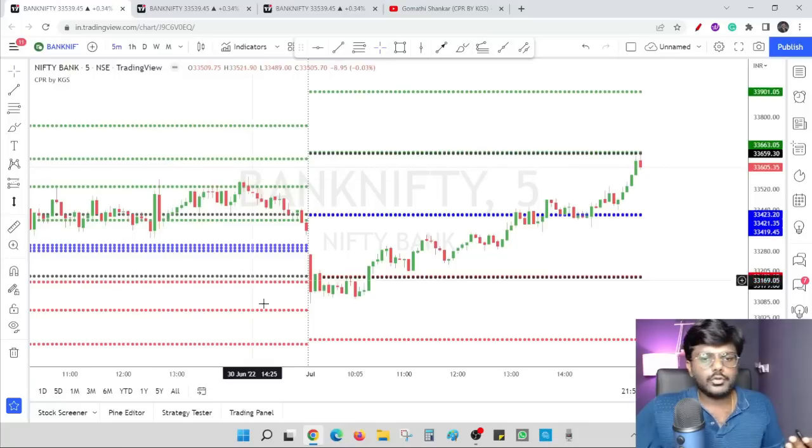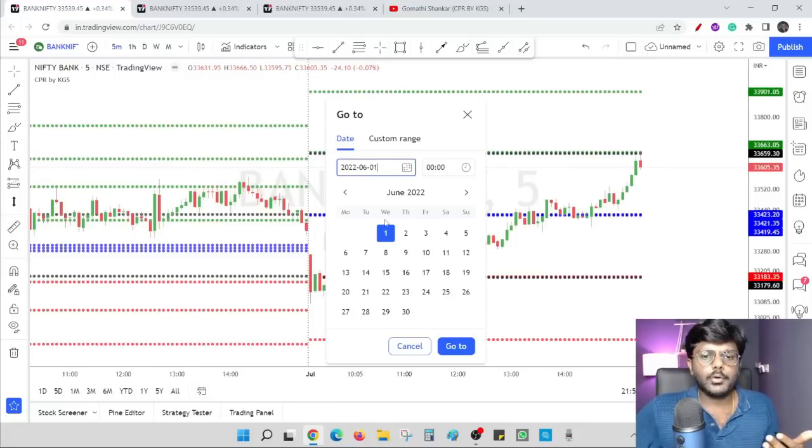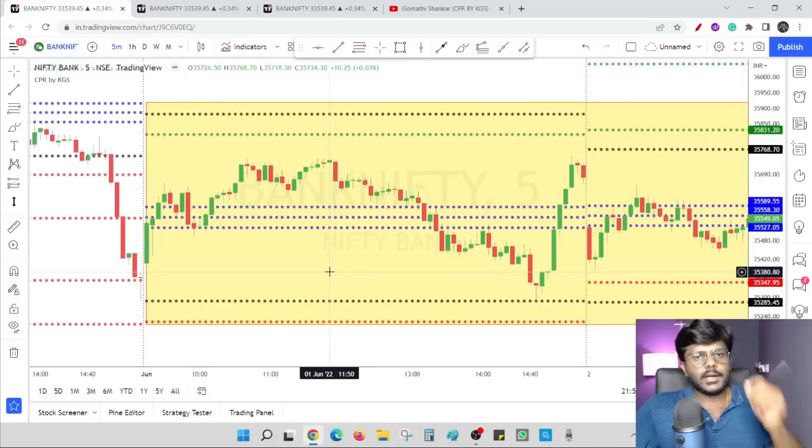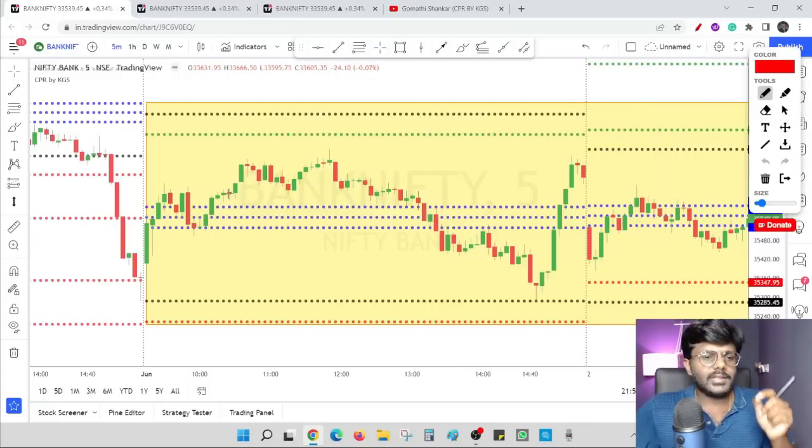Now I am coming to June 1st and I'm going to look at the trade opportunities which I got. You have to remember an important point. Since the prices are above weekly and monthly CPR, I will look only for long opportunities in the 5 minutes chart with daily CPR. Here you can clearly see the prices were taking a good support at daily CPR. So I'm going to take a long position when the prices are coming out of CPR, and my stop loss is going to be below CPR.